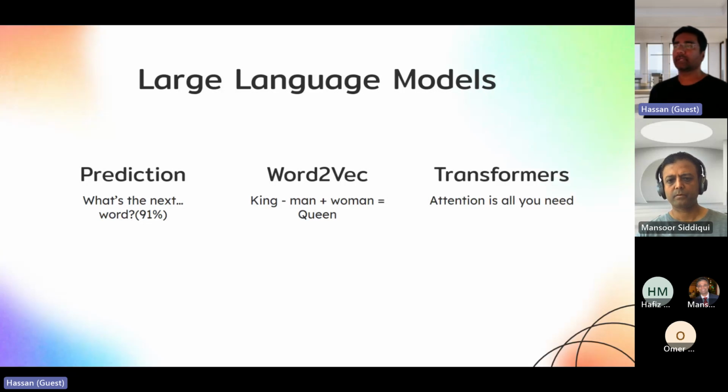Now, jumping forward all the way to 2017, I've missed some steps in the middle. We had a lot of other developments from word2vec until transformers, but they were all not sufficient to see the science fiction type applications that we are seeing today. So in 2017, some researchers at Google published a paper called "Attention Is All You Need." I would highly recommend reading this, or if you don't have time to read the whole thing, you can just ask ChatGPT to summarize it for you and get the gist of it. But basically, they introduced an architecture for natural language processing, which takes into account the whole